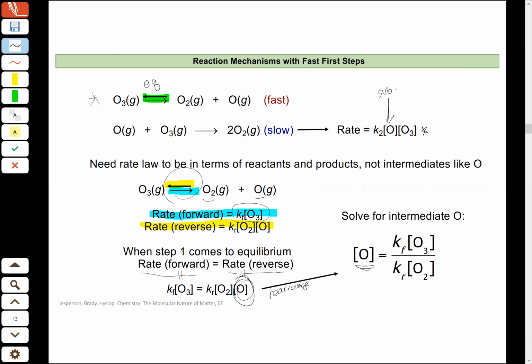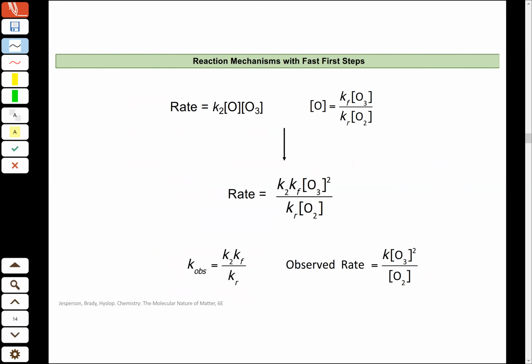Now that I've solved for that intermediate, I'm going to come back up to this rate law for the rate determining step and substitute it in. So now, after doing that, this is going to look a little different. So I'm combining these two together, my rate law and my rate law for my first step. And I'm going to get this big thing right here, where I've got all these different rate law constants multiplied and divided by each other,